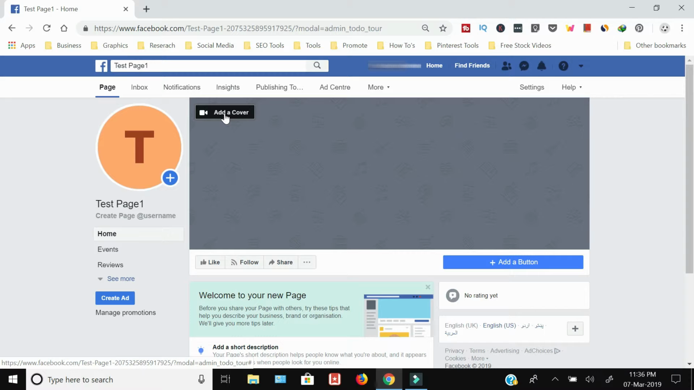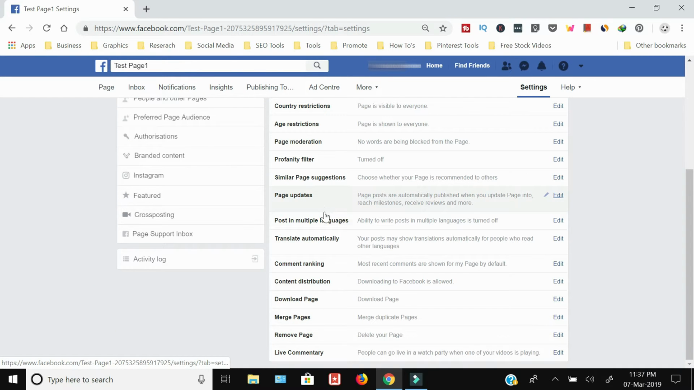But in this tutorial, since I'm only showing you how to create a page and then how to delete that page, since the page has been created, now I'm going to show you how to delete this page. To delete this page, you need to go to the settings, and in the settings on the bottom you will see remove page, and its description is delete your page. Click that,